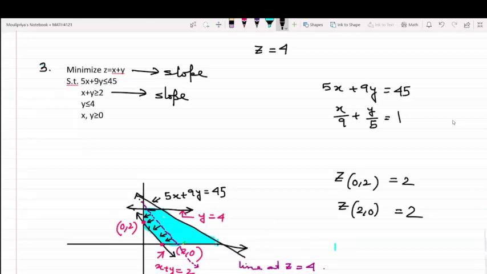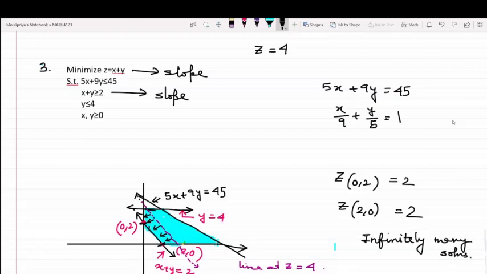Yes, ma'am. That implies every point that is lying in this region would be a solution to the given problem. And how many points are there? There are infinitely many points. So this is the case where the linear programming problem has infinitely many solutions.